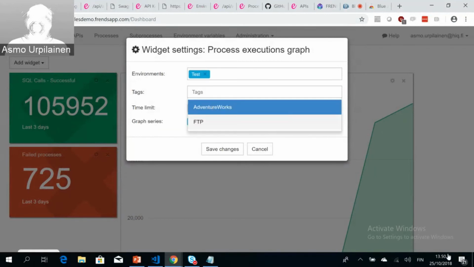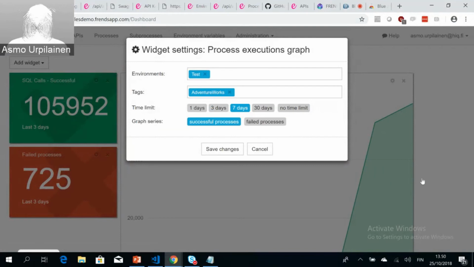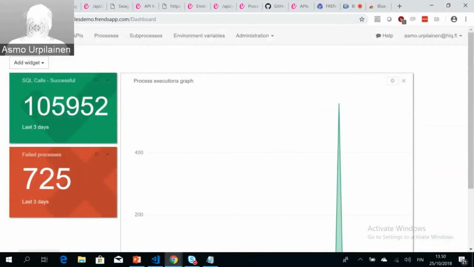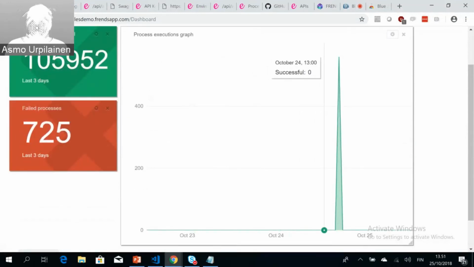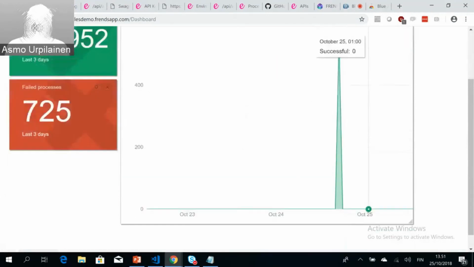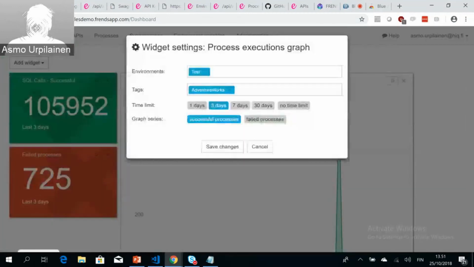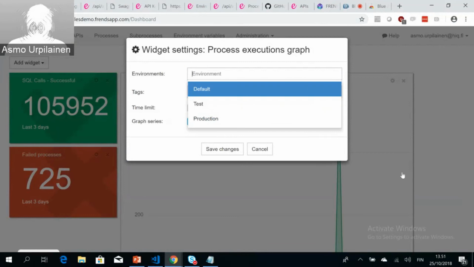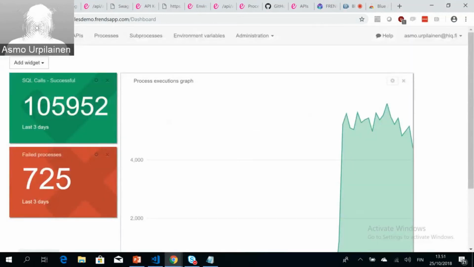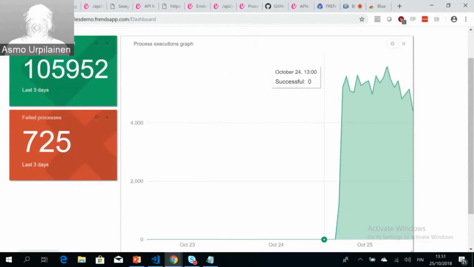just a card, where I might say the same AdventureWorks API calls and show me successful for the last 3 days, and I can actually see that there's been no executions, and then 559 executions at that particular date and time there in the test environment, but let's actually take the development environment there. So now we can see that there's no calls here, but then suddenly we jump to approximately 5,000 calls every